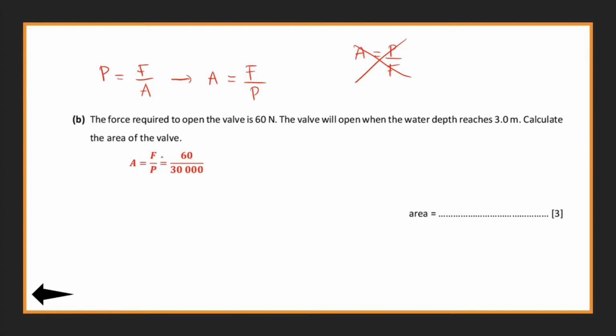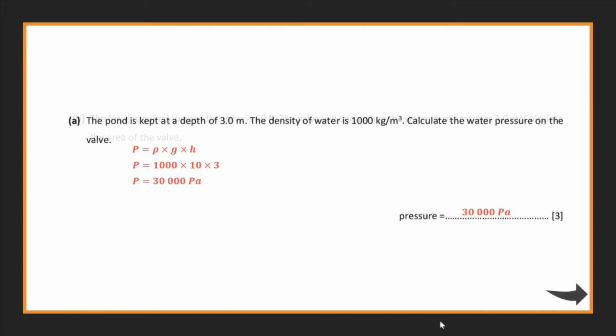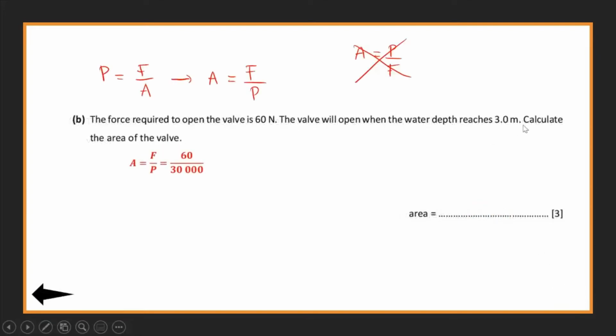Area equals force over pressure. The force is stated in the problem, 60 Newton. The pressure, we get from the previous calculation. This one, pressure equals 30,000 Pascal. Because the depth of the pond in this question is 3 meter, and in question B also 3 meter, we can use the same amount of pressure as the previous question. 60 divided by 30,000 is equal to